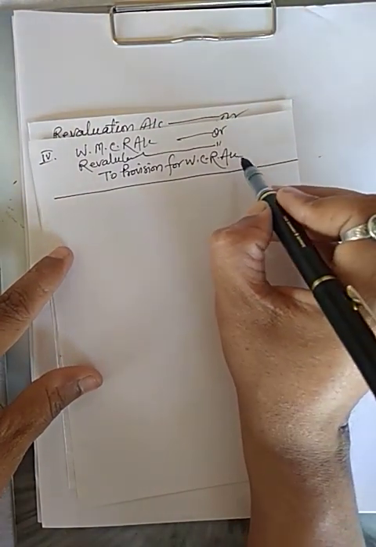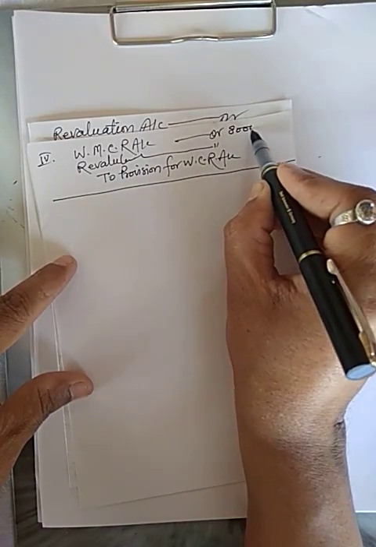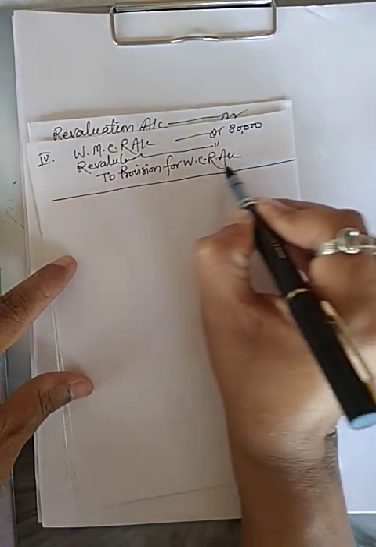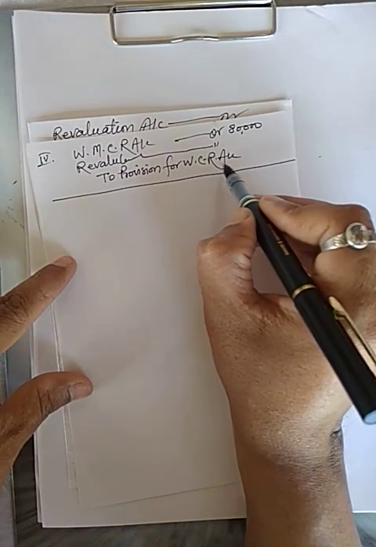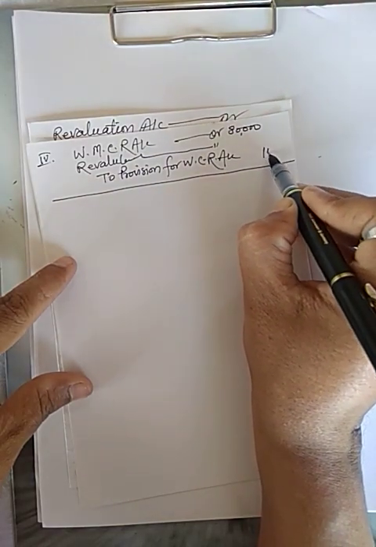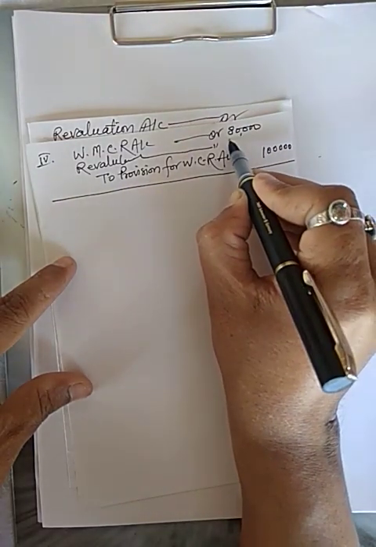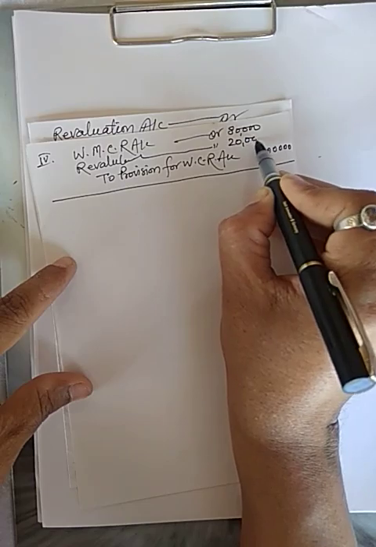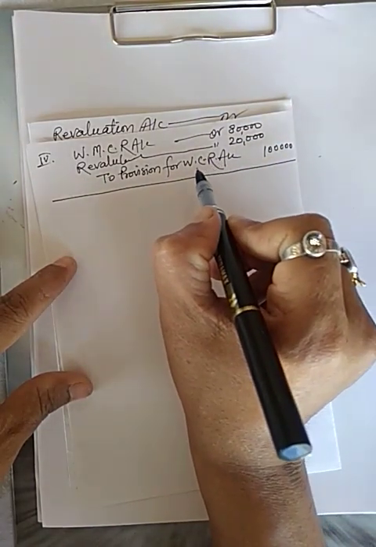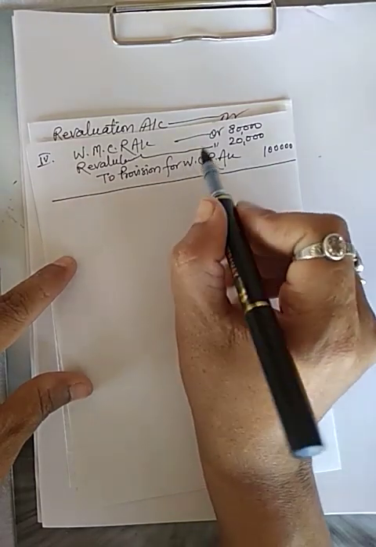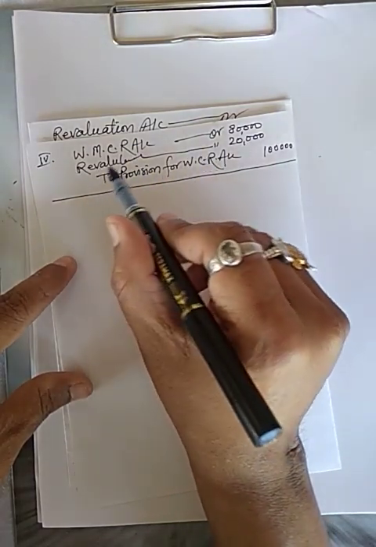Here the reserve is only 80,000 and the provision against it is given 1 lakh. So 20,000 will be transferred to the revaluation account, and